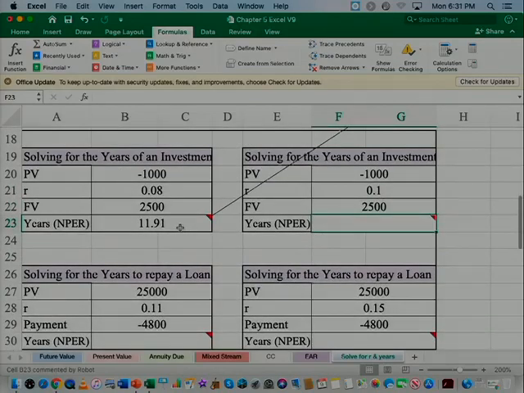So again, you may see a problem like this on the homework or the exam that gives you all these variables and says how many years, what's the number of years for the investment. So if we want to go to